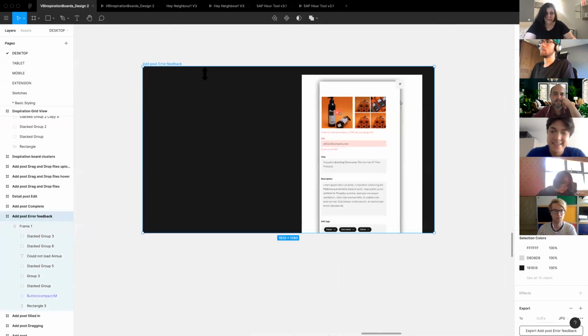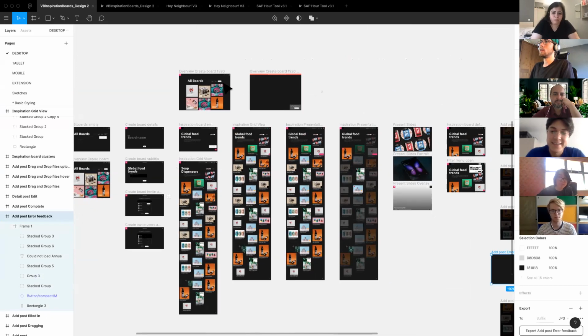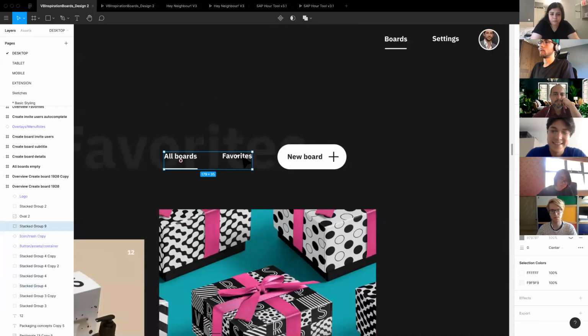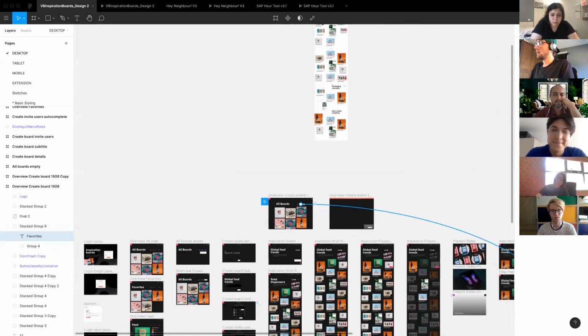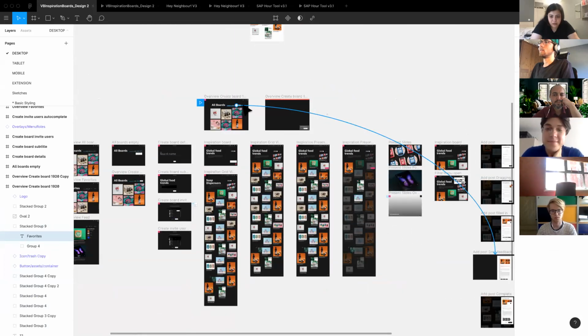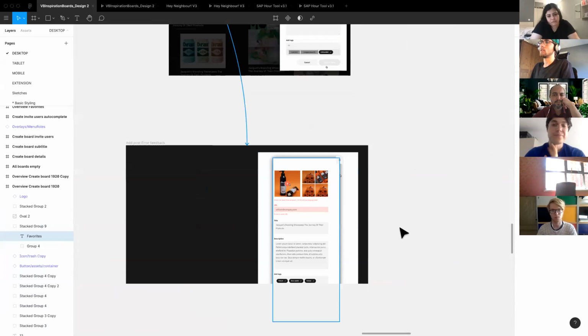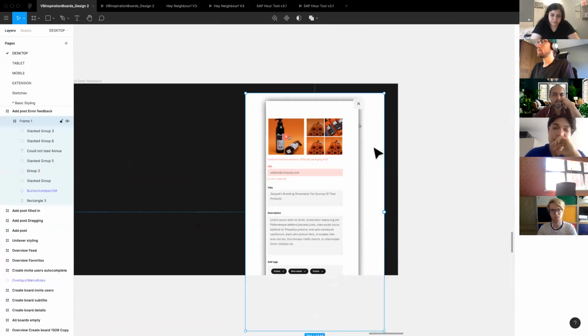This is the one that I'm going to be navigating to. So if I say from the favorites button, it doesn't really matter where we're going from as long as I can get there. So if I click the favorites thing, then I will go to this. It's not about favorites, but